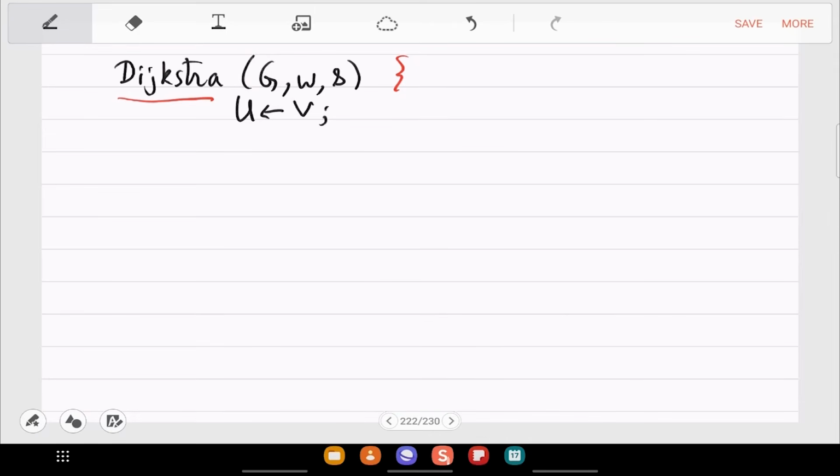Initialize it to that, so the tree is empty. And you can initialize for vertices small u, delta U to be... So initially, what is the distance from the tree? Everywhere it will be unknown, right? Unknown is infinity, unreachable kind of. So set this to infinity for all the vertices small u.